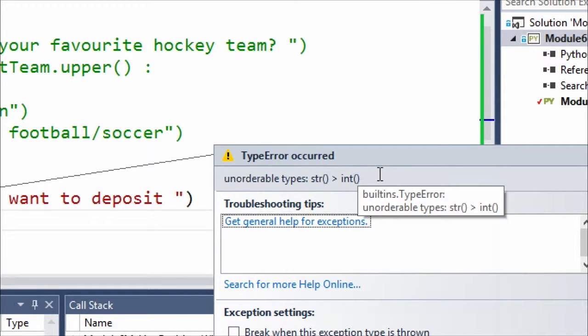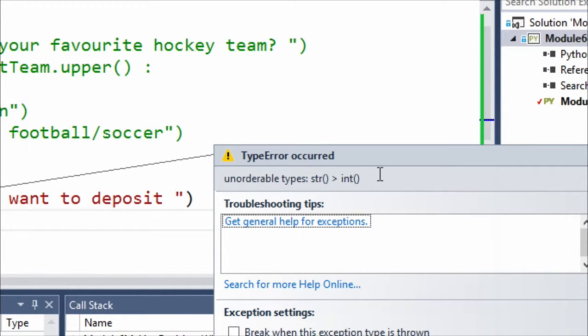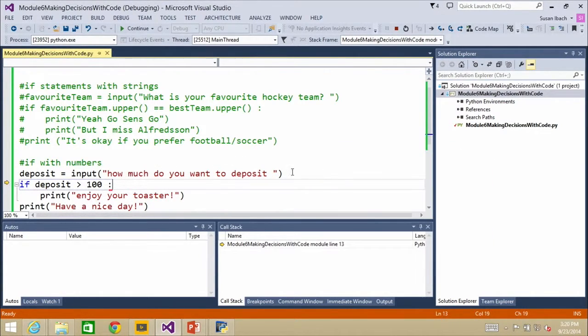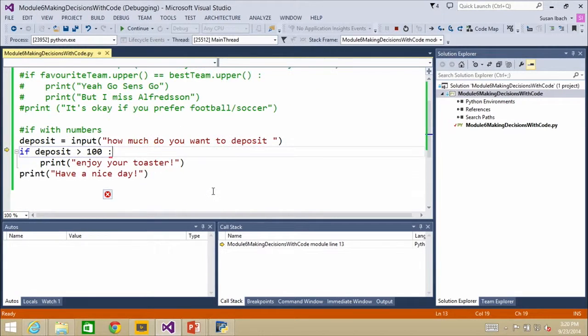So we're back to the usual problem again: we have a string value and it's trying to see if a string is greater than an integer value. We can't compare a string and an integer. This is like when we're trying to add strings and integers or compare them one equal to another. So it's my data type problem coming back to haunt me again. If we go back and look at our code, you can see that we used the input function to ask somebody to enter a value, and input functions return a string. Then we're trying to compare a string to the value 100, so it's giving me an error. So there we are back at data type conversions.